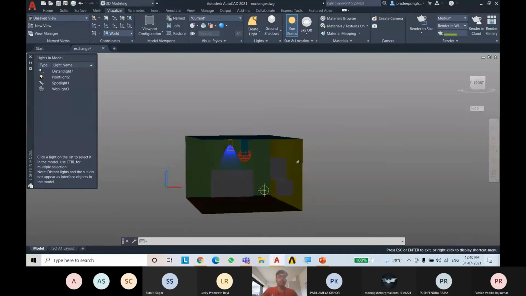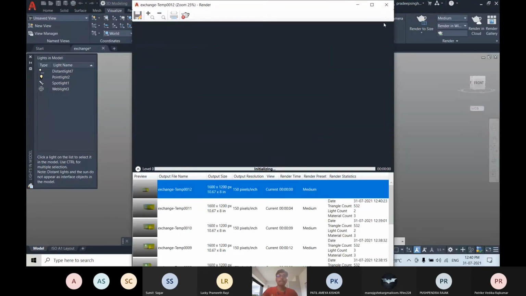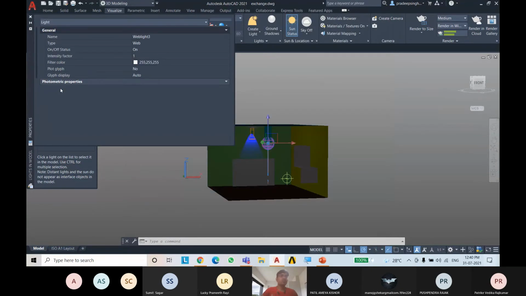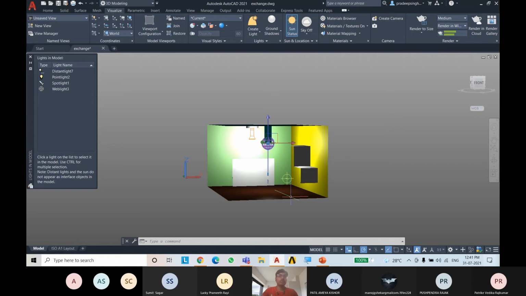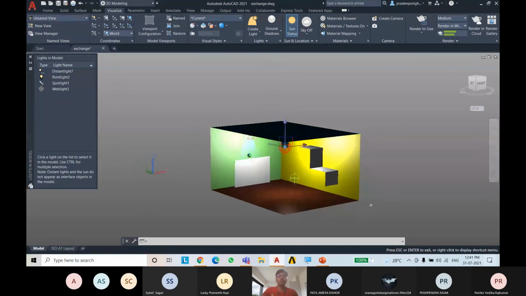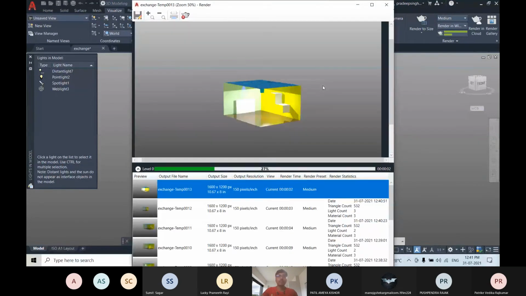So click on this web light, increase the intensity to somewhat 50, and then click enter. Now you can see what this spotlight means. You must have seen it in discos and parties. You can increase this and see the rendering effects.